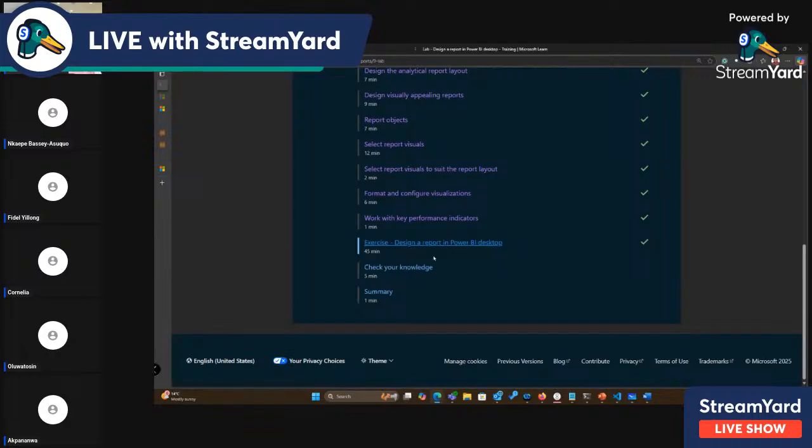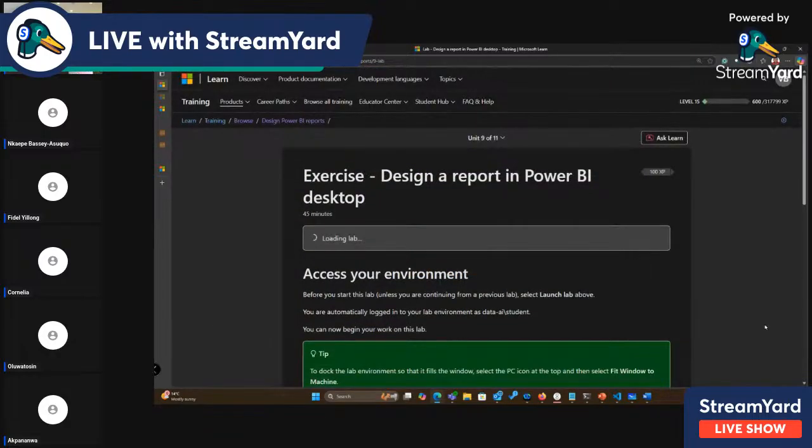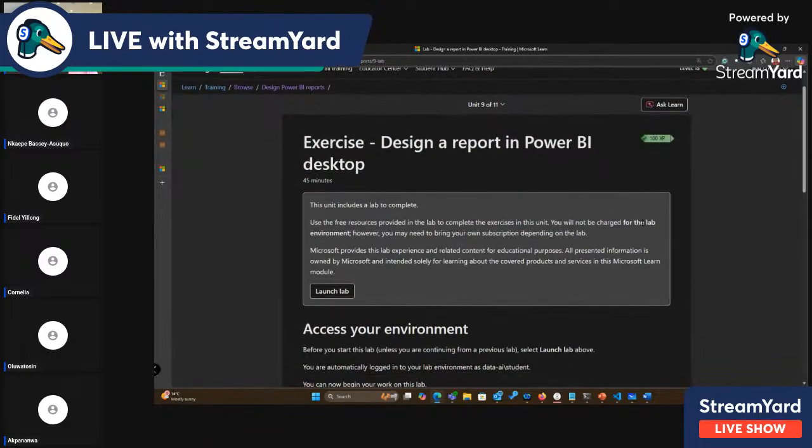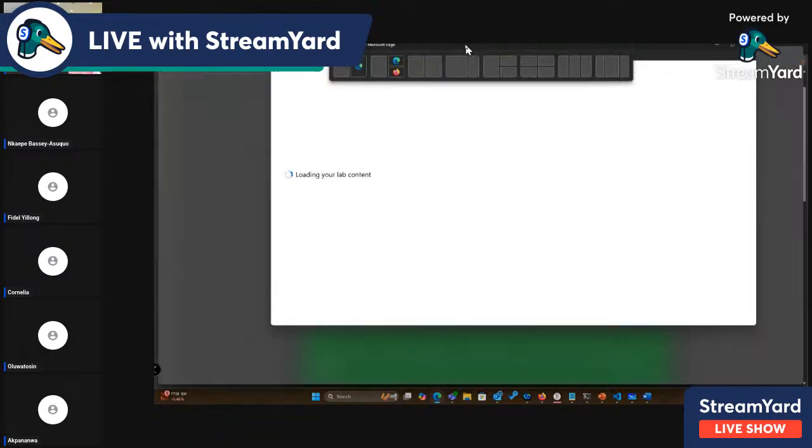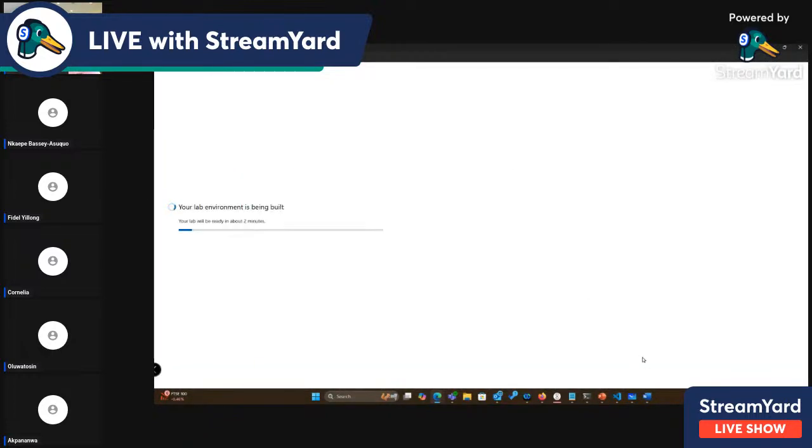So I'll click on it and it takes you to this page. If you click on launch lab, it's going to create a lab environment for you. I'll click on start lab, and it builds a lab environment. That lab environment is going to allow you to demonstrate every single thing that I have demonstrated for you